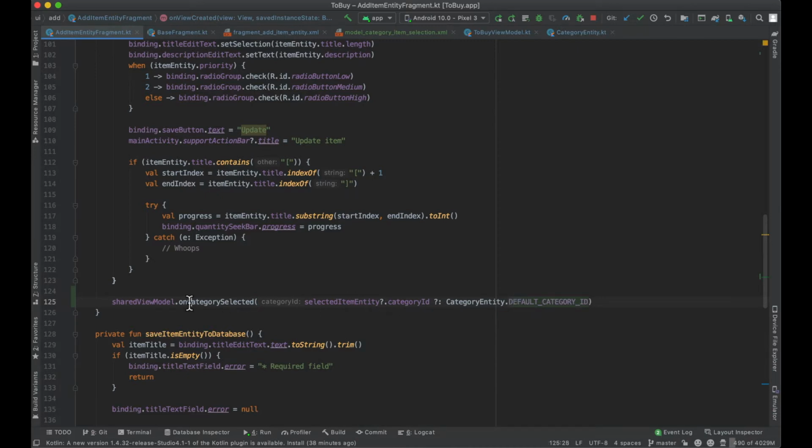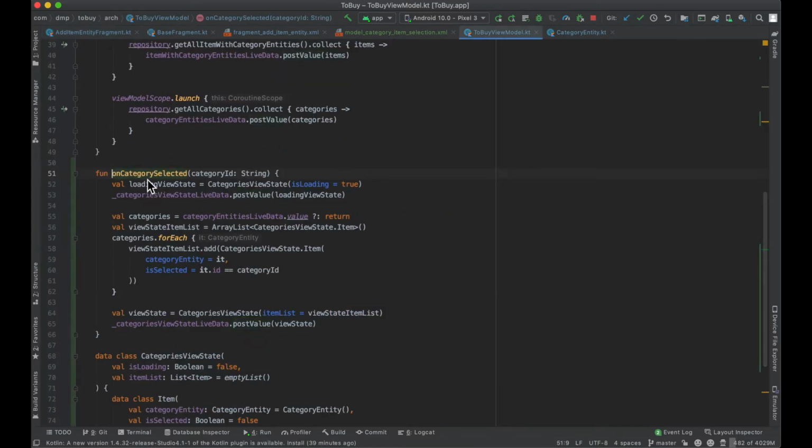So the idea is if they're arriving at the add item entity fragment because they're adding an item to the database, the selected item entity is going to be null, right? Because they're not updating something. So then we're going to have the Elvis operator invoked, and we're going to pass in the word NONE in all caps. Otherwise, if they are coming to the screen because they're updating a particular item, the selected item entity is not going to be null, and therefore there is going to be a category ID. So we are going to invoke this same function here, and it will basically populate the view state whose